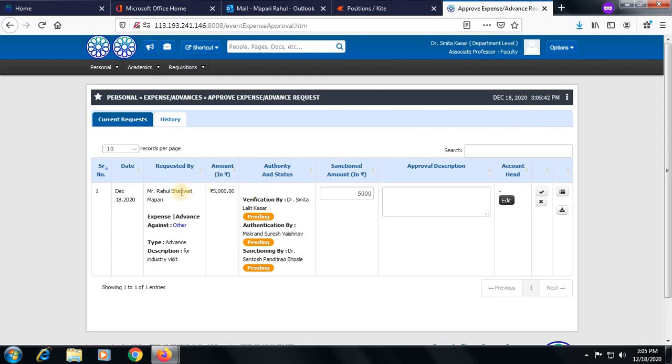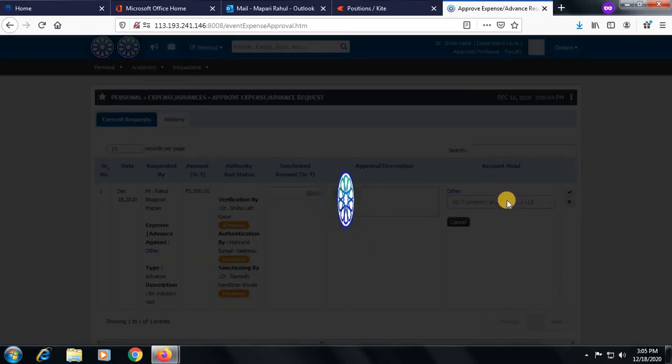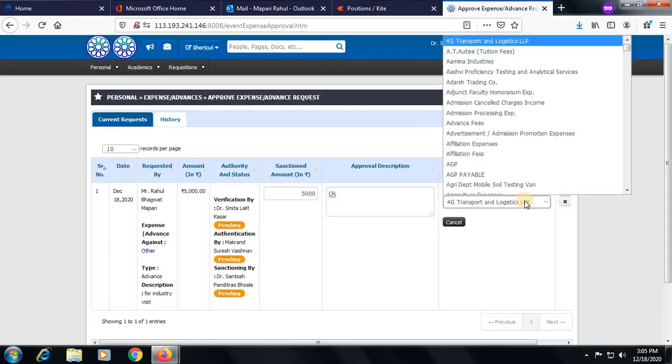Okay, so there is one request from the Rahul Mapari, and here the authority can mention the remark. Select the account head. So here we have to select the appropriate account head from the available ledgers in which or against which we want to make this particular payment.